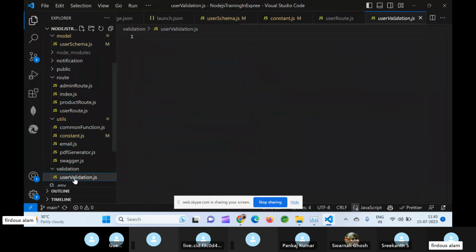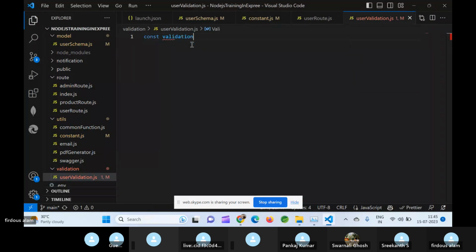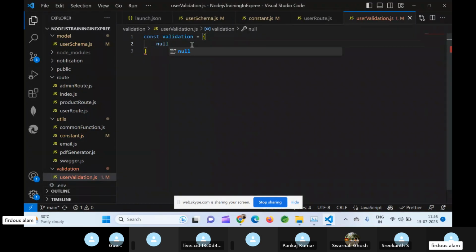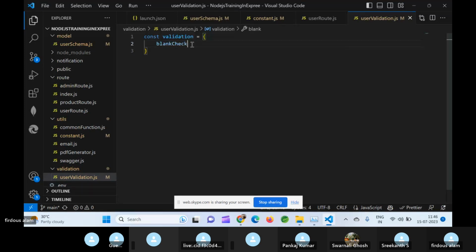So let us add some functions here also. Again, I am creating a validator constant and creating some function like null check, or blank check. I will pass the data, and then what I will do is